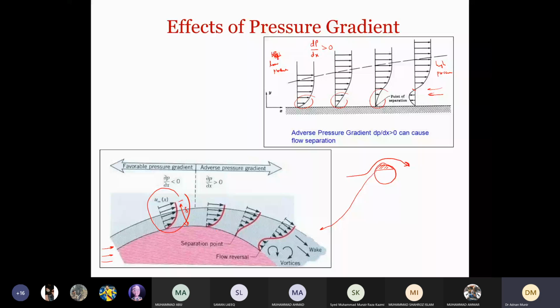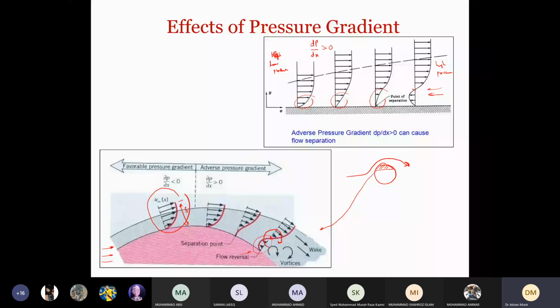When the flow decelerates because of the adverse pressure gradient, we have backflow here, and ultimately because of the shape of the circular cylinder and the backflow, the flow will be separated from the cylinder at this point. When the flow separates from the cylinder at this point, this is the inflection point, and because of this velocity profile, we will have circulation of flow in this case like this. So this will generate vortices in the wake of the cylinder.